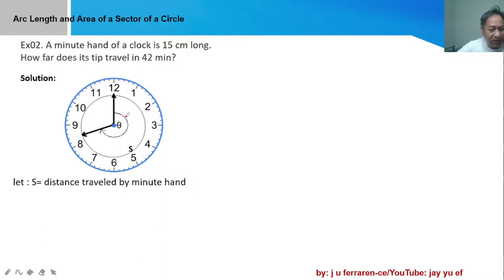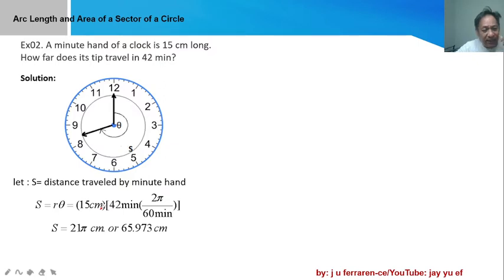And this is the angle that is formed as the minute hand is rotated. The length here is the radius, which is 15 centimeters, and the formula for s is a product of r and theta. Knowing r as 15 centimeters, the angle is expressed in minutes, which will be converted in terms of radians. So we have 42 divisions in minutes, and the conversion factor is, for a complete rotation, 60 minute divisions. So 2 pi radians is to 60 minutes. We can now multiply and come up with a result, which is 21 pi centimeters, or